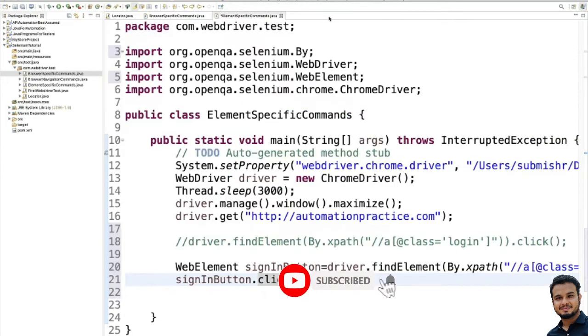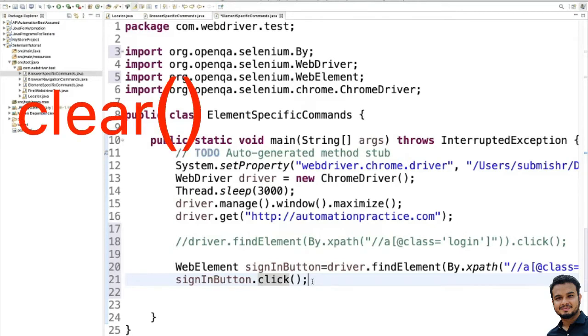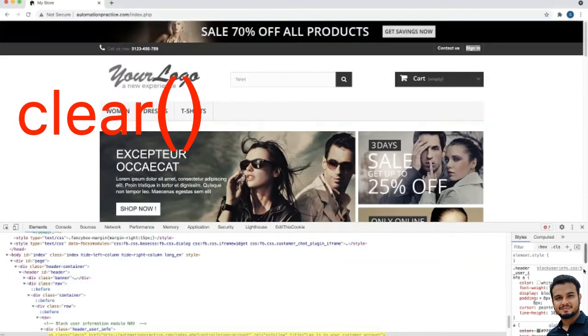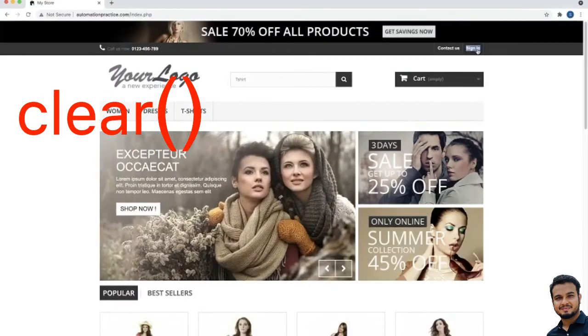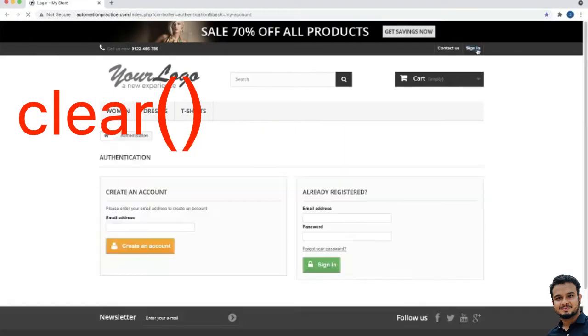Now we will go to the next one, that is clear. How can we use the clear method? The clear method is used to clear the text entered or displayed in text fields. For example, if we go here and click on the sign in button, you see one text field, right?